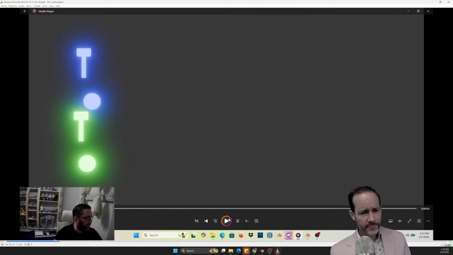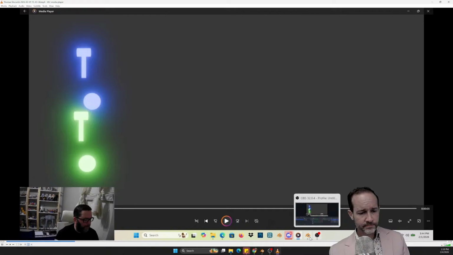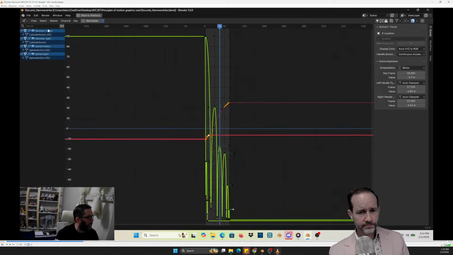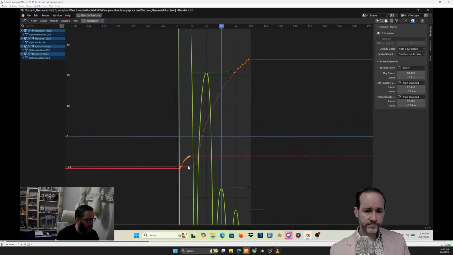So this is my video of the heavy and light hammer hitting the balls. And then this is my graph editor for both of them. So both of them are coming down and then hitting. The heavier one is this one right here. So it hits, but then the bounces are less. This is the light one. And then both the heavy and light ball. So the light one, I did a gradual curve going up. That's kind of like the ball's actually rolling. And then same thing with the heavy one.